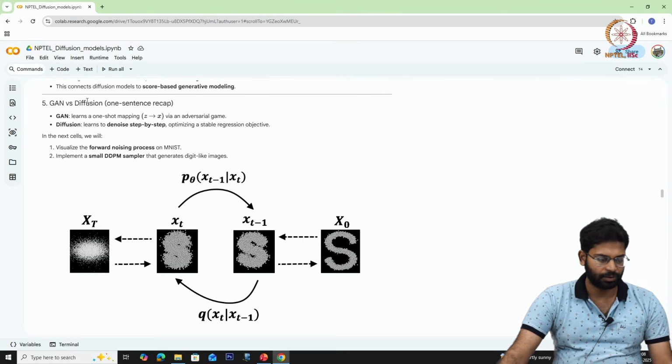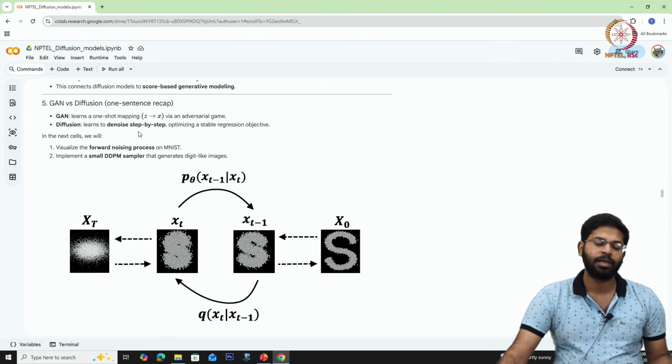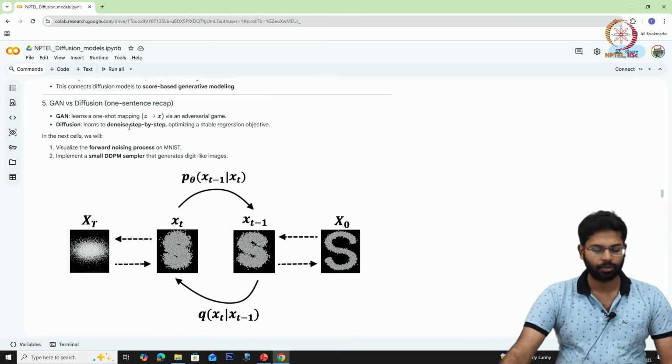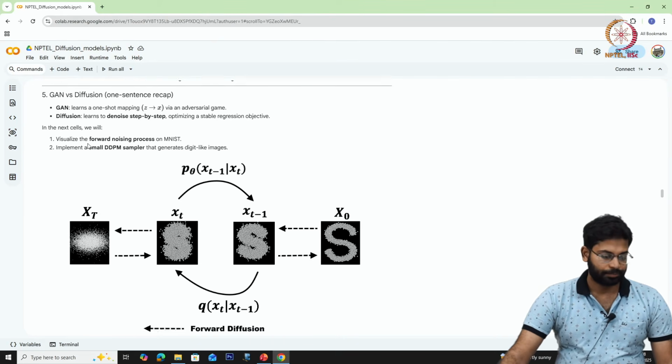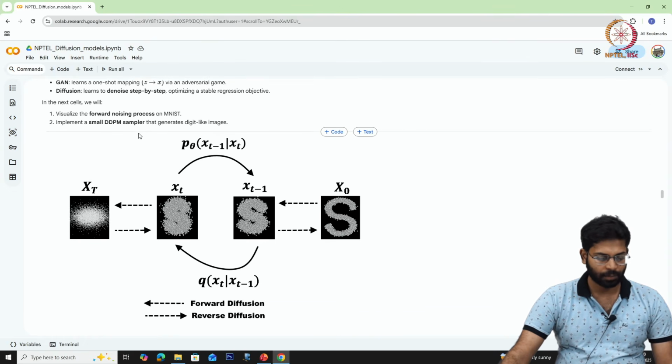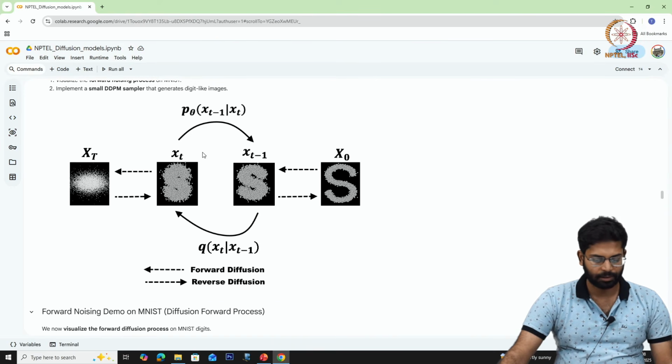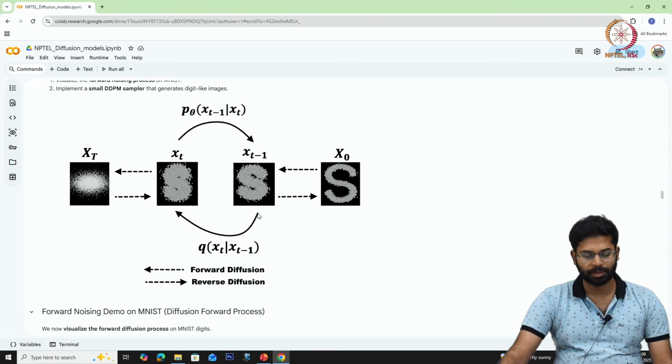Just again, as I told, this is a recap of GAN versus diffusion. GAN was doing a one-shot mapping from noise to image as an adversarial game, whereas diffusion is a step-by-step reverse denoising to obtain the generated data. So we'll implement a basic version of the diffusion model, but here is a quick, simple schematic of what